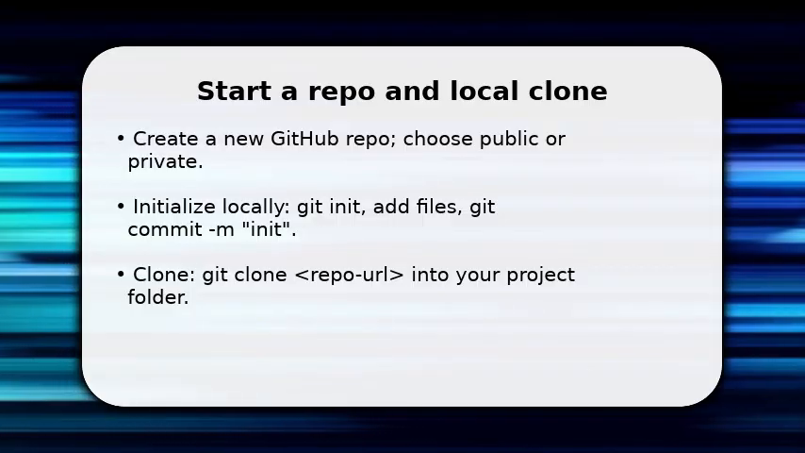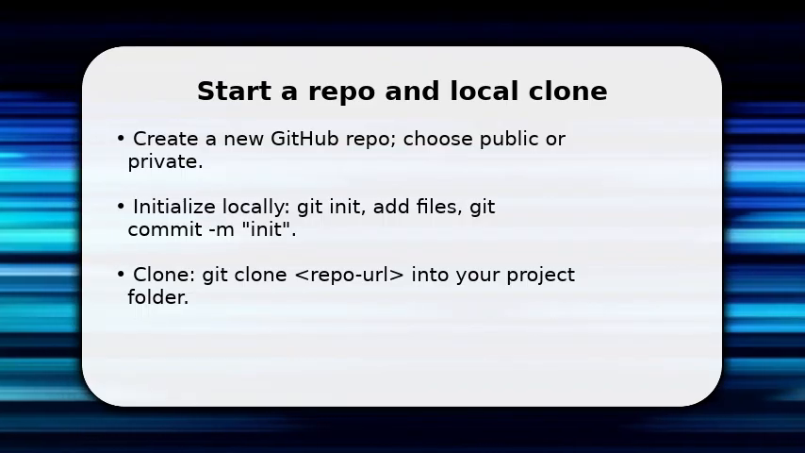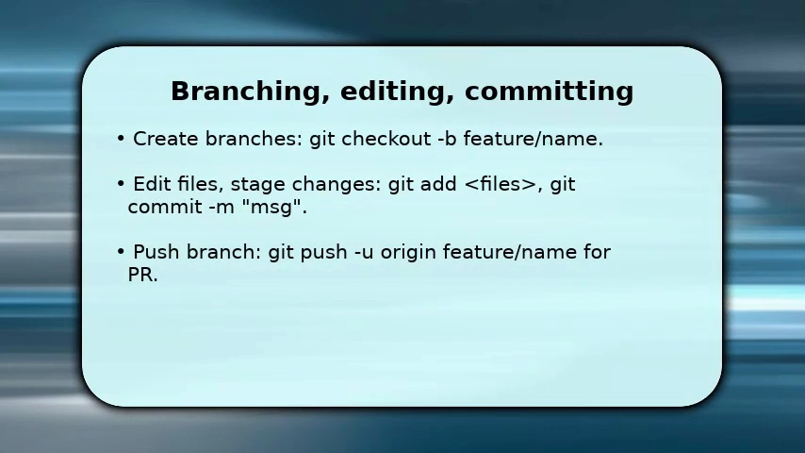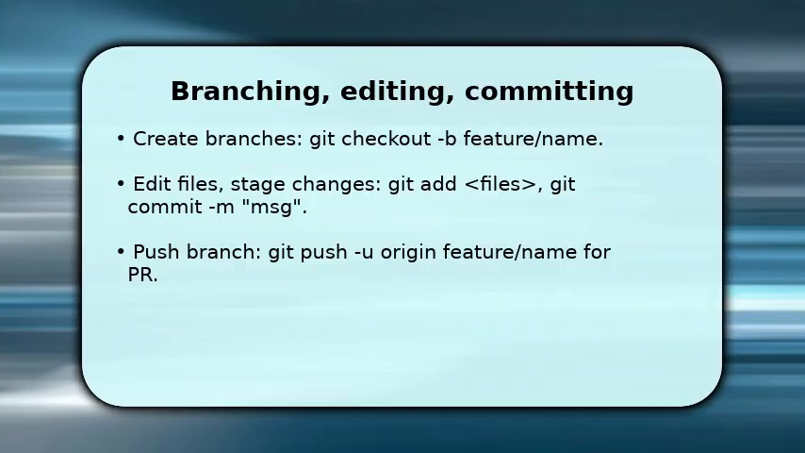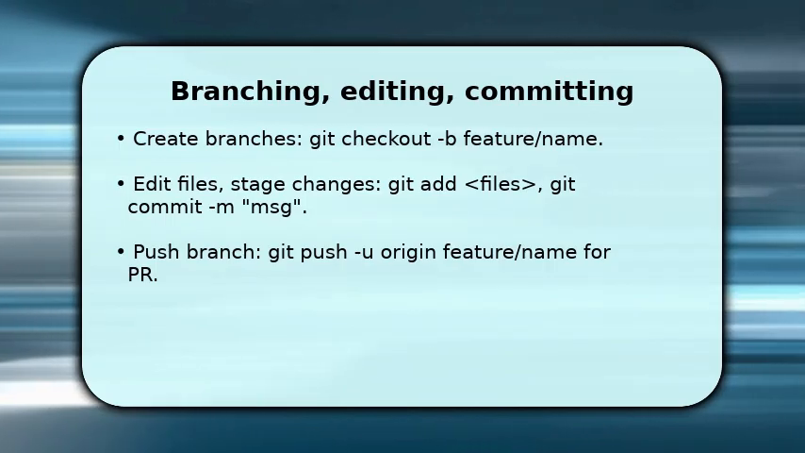If you prefer, create a README and .gitignore on GitHub before cloning, so the initial remote contains those files and avoids merge confusion. You should work on a feature branch every time. Use git checkout -b feature/name so your main stays stable. Then edit files in your editor, stage only intentional changes with git add specific files, and write clear commit messages